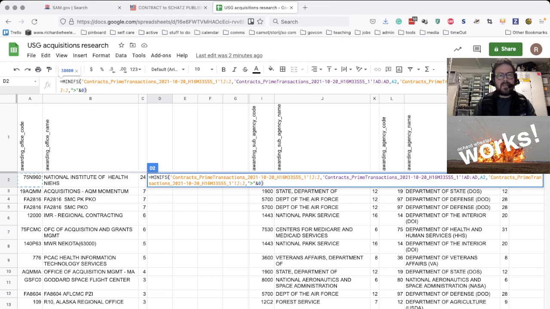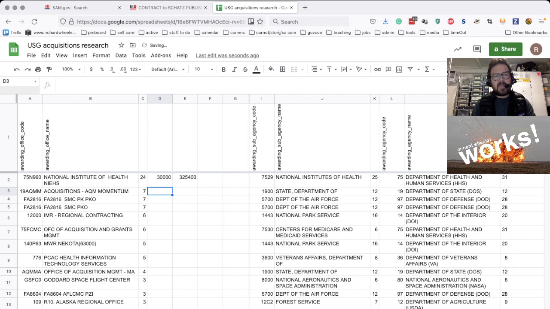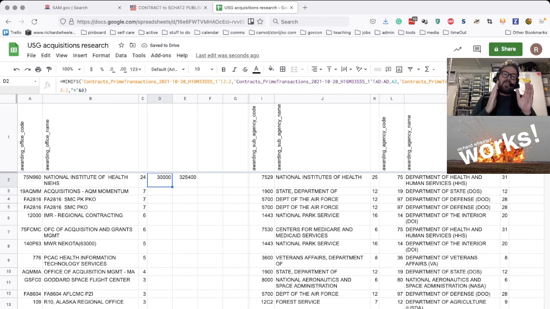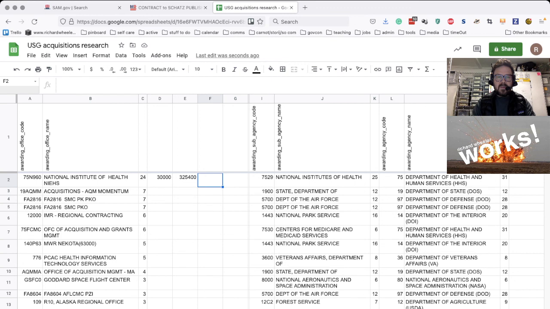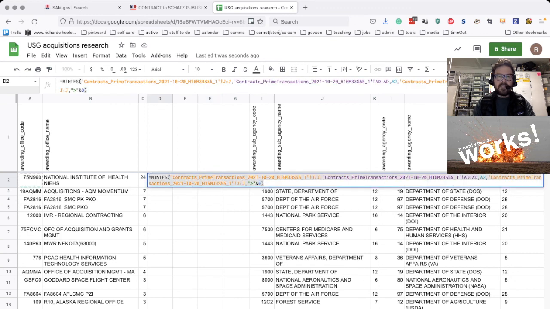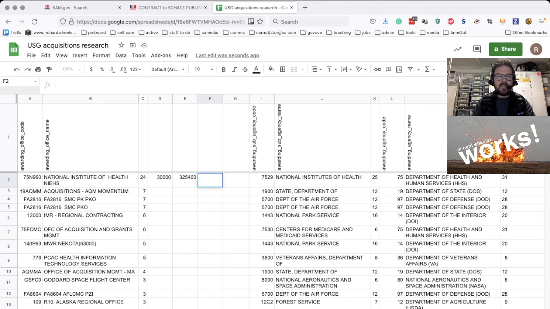So now we've taken out all, with this formula, non-negative and non-zero. So we're basically saying the government is spending between 30 and 325,000. This National Institutes of Health, NIEHS. So now we're going to take this again. This has the exclude non-negative, non-zero. And we're going to say